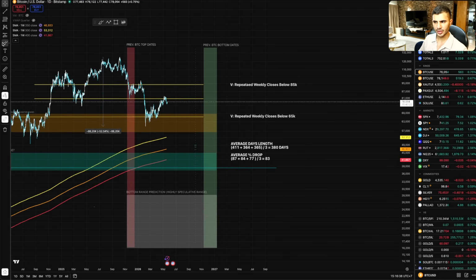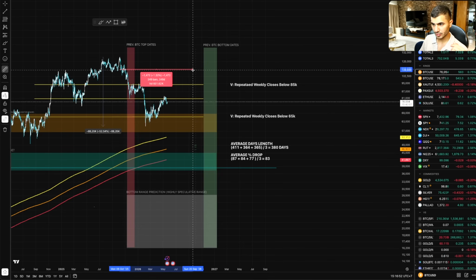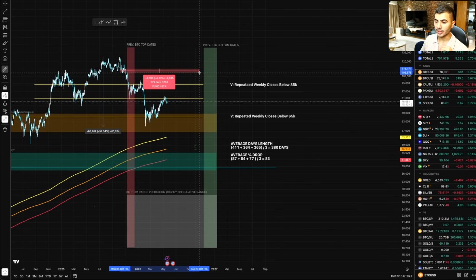I would want to outline that two times, if you take the median or the mode, then 364 days should be around here. Approximately, that would put us at 5th of October, because it happened 2 times in a row. If you take 380 days, the average, that would put us around October again. So in the month of October, both of them align in terms of the mode and the average.